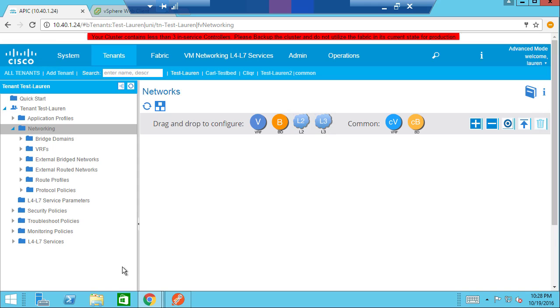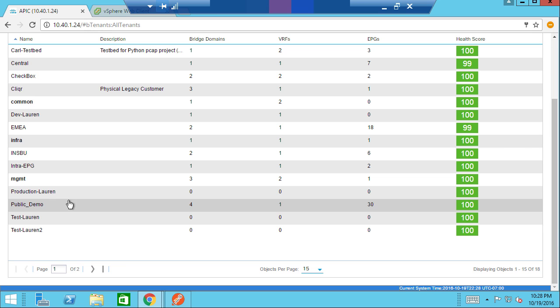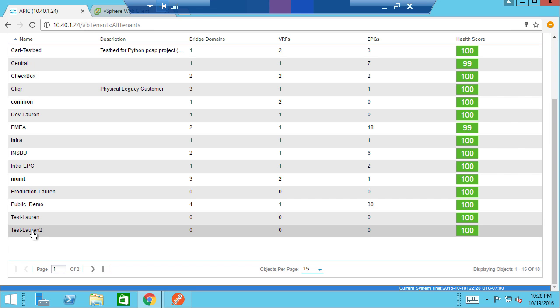All right, let's go see if I've created a new tenant. Scroll down and I see test-Lauren2 has been created programmatically. Now you can imagine this would be very useful if I needed to create several tenants all at once. It could be very useful in a lab situation if you are recreating tenants over and over again, or if you're a channel partner and you have a lot of the basic configuration already created in Postman scripts, for example, and you can just go into your customers and tweak it according to their needs, change the names of things, etc., and you can do it all